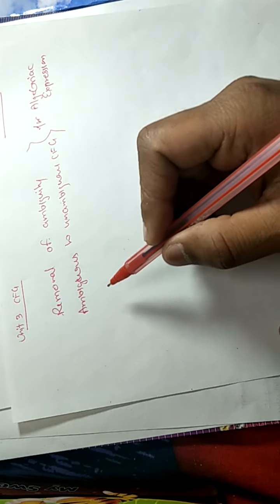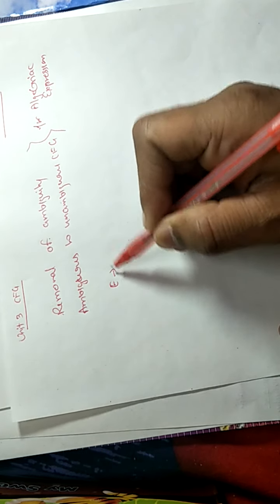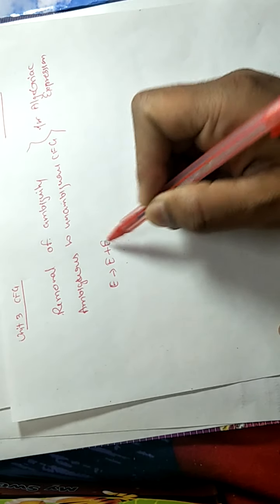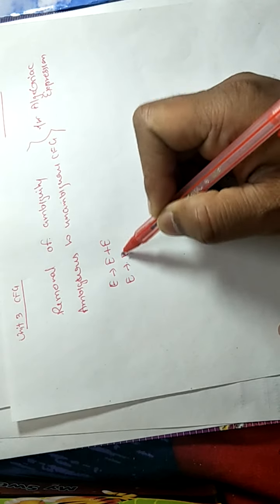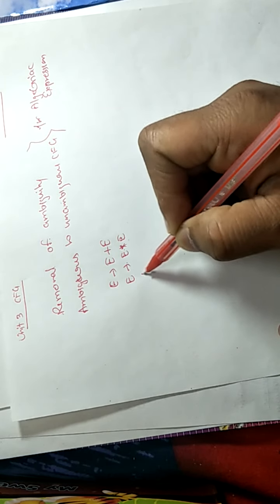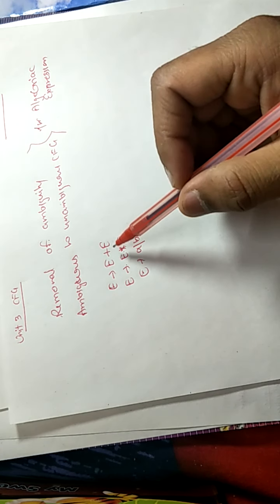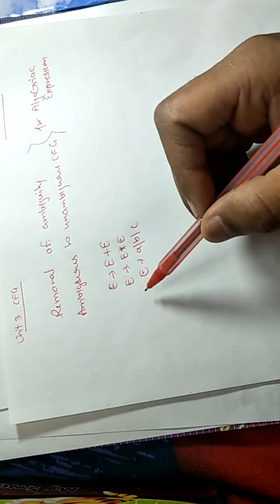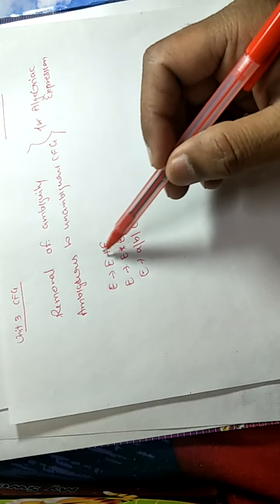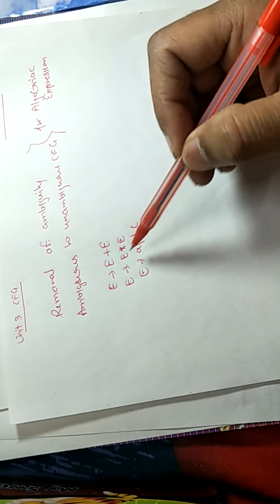we know the grammar for algebraic expressions is E tends to E plus E, E tends to E asterisk E, and E tends to a slash b slash c. In some way you can also see E tends to E plus E, E tends to E minus E, E tends to E into E, E tends to E divide E, and so on. We may have more than two operators. We may have plus, minus, into, divide, and more.